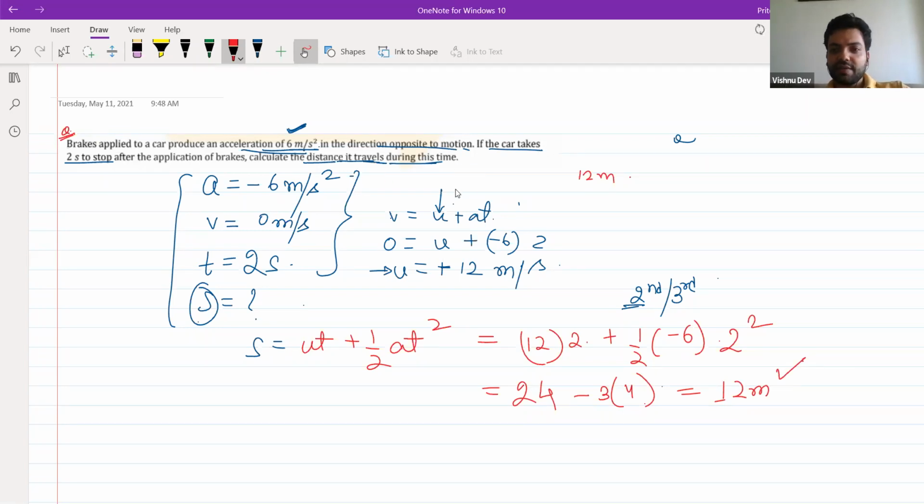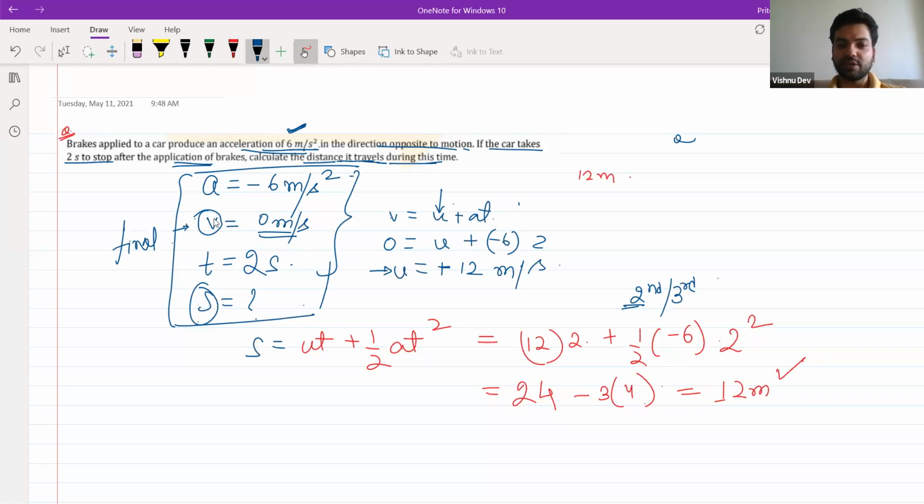Here, I think one of your doubts was that you were getting v here and you were asking to replace it with u so that you could use any equation of motion, right? But we cannot do that. In the information it is clearly mentioned that this is the final velocity, right? At the final point it will stop and its velocity will be 0. So we cannot make it the initial velocity. What you can do instead is find the initial velocity by using the equation.